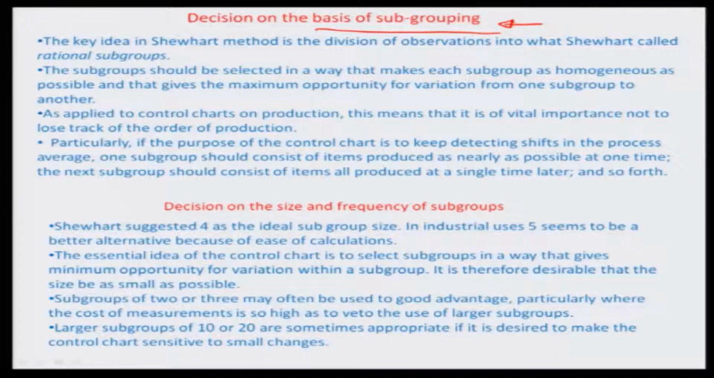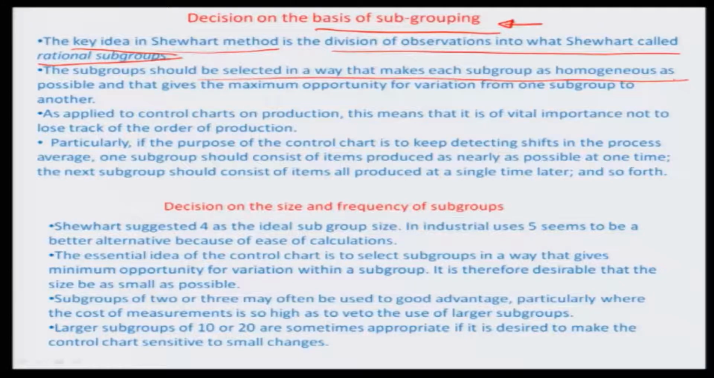But this idea was first proposed by Shewhart. The key idea behind this method is the division of observations into so-called rational subgroups. The subgroup should be selected in a way that makes each subgroup as homogeneous as possible and gives the maximum opportunity for variation from one subgroup to another, and this is something you really have to know